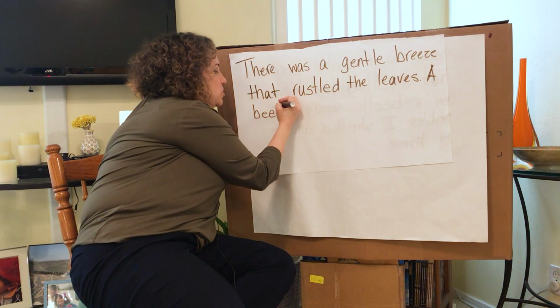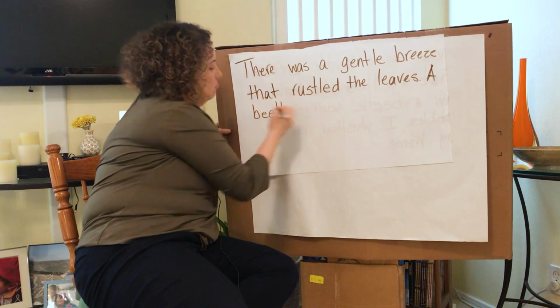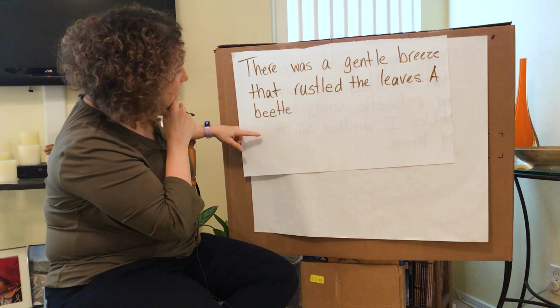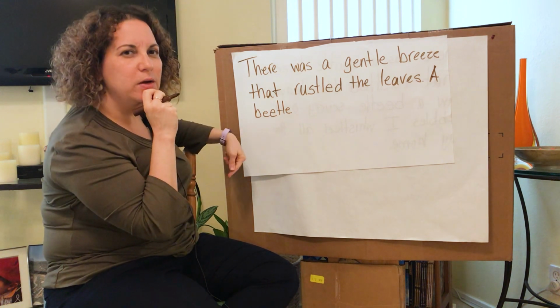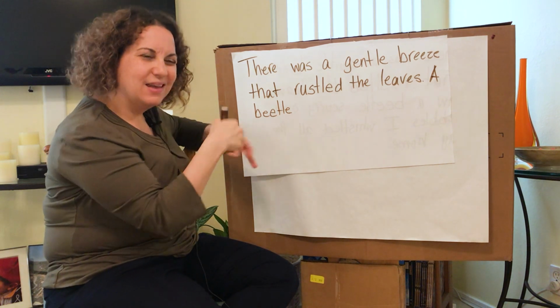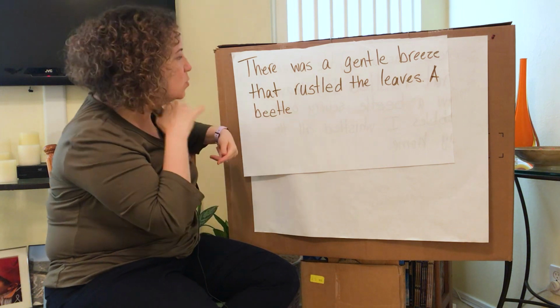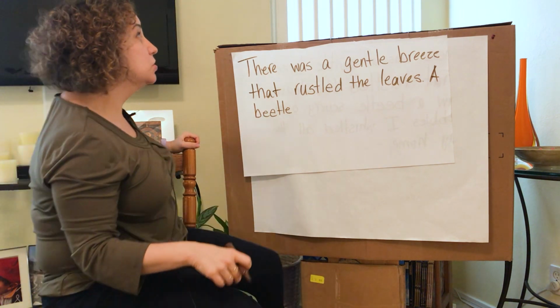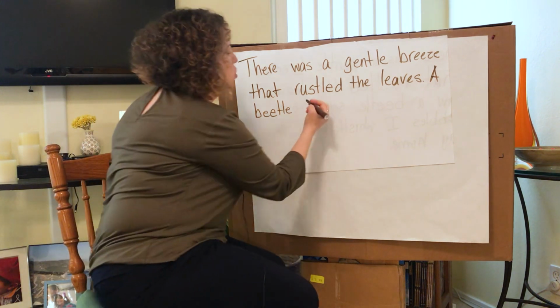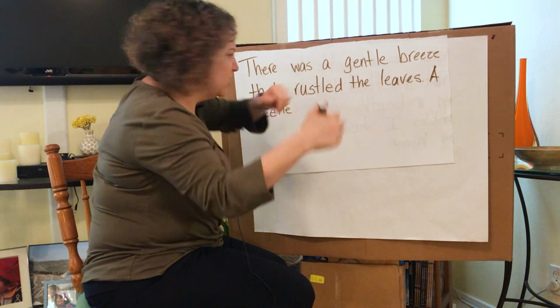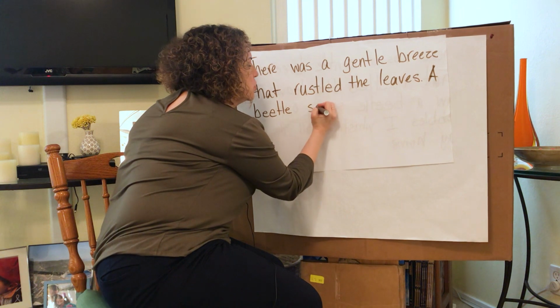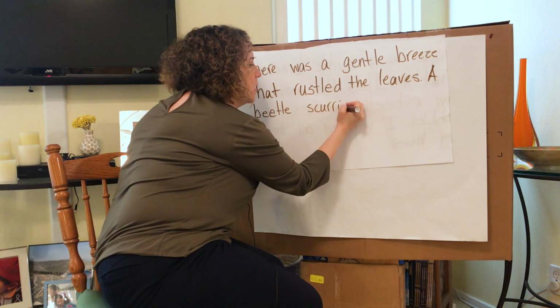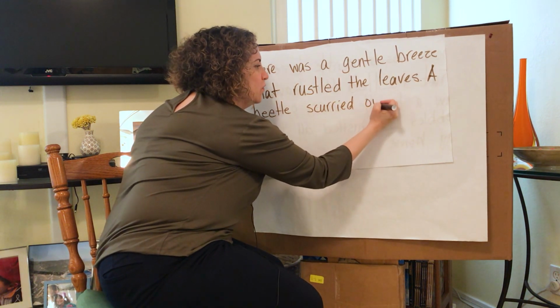A beetle. What do you think? Do you guys see that? That consonant LE pattern. So when we use what we know, it can help us sort of figure our way into some of these words. A beetle scurried. Scurried means to sort of run really fast. A beetle scurried over